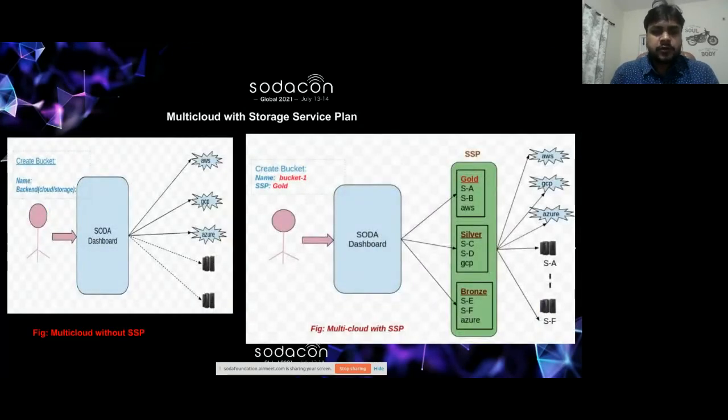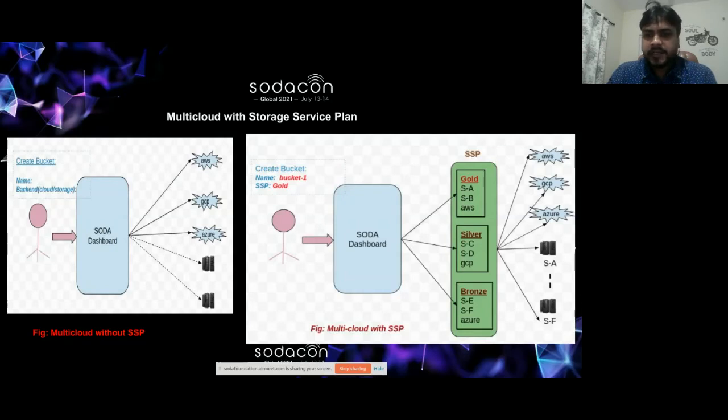Now I'm coming to these two diagrams. If you see the first diagram, the left side one, it is what Rasmi was explaining about SODA and how SODA manages all the cloud vendors, public clouds basically, as well as the on-premise storage. So how SODA manages directly: any user can log into the SODA dashboard or SODA platform, and he can register those cloud providers as a backend, and he can manage it.